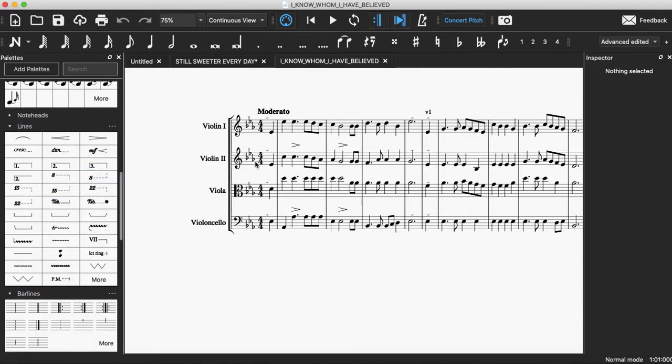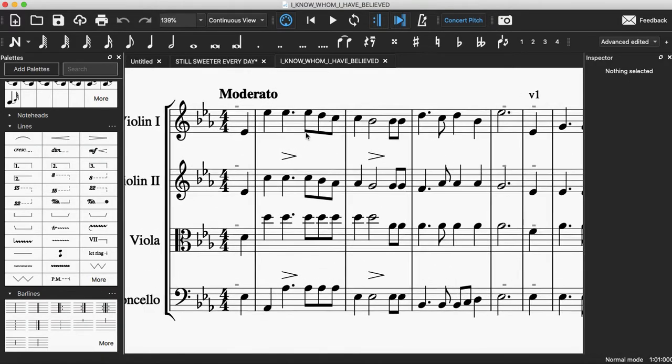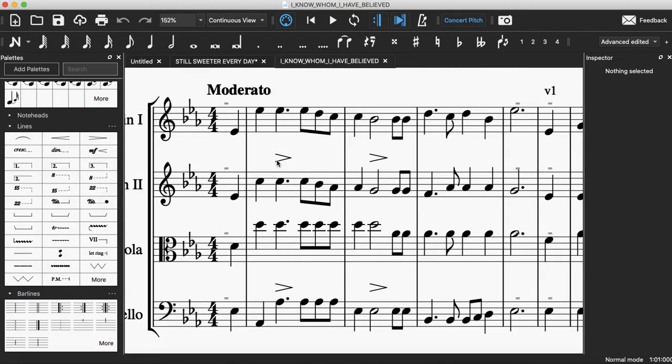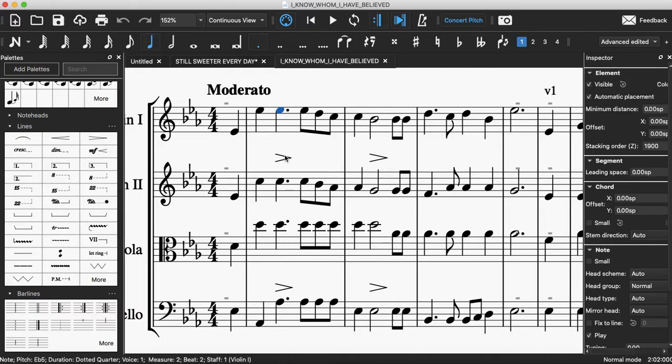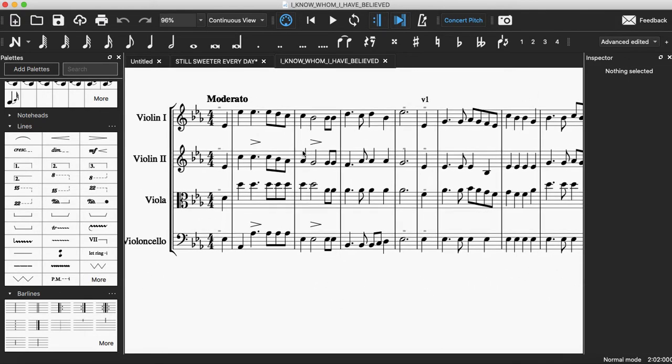Okay, so what you only have to do is, let us zoom it out. If you need to put this symbol, which is the diminuendo, or the crescendo, you have to click the notes where you need this symbol to be put, and then this symbol will come here. Okay, so it's simply like that. All right,